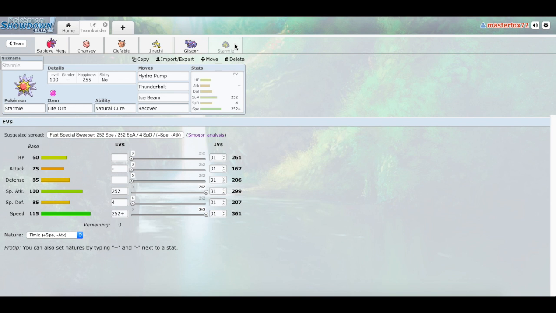And I'm running Starmie last here as my basically catch-all. I used to run Alakazam, but I found Starmie to be much better. I'm running a Life Orb on my Starmie along with Natural Cure and Hydro Pump, Thunderbolt, Ice Beam, and Recover. I used to run Rapid Spin, but with Sableye I just decided that it's better just to bounce the threats,